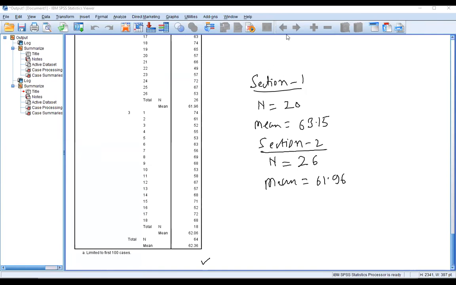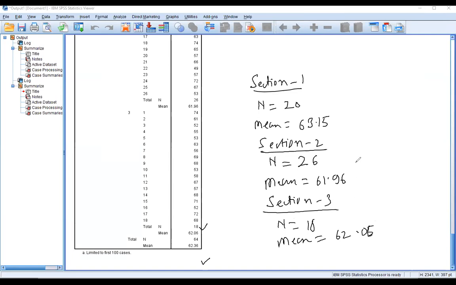And the third section. The performance of the female students in section 3: how many female students? 18. And the mean marks obtained by them is 62.0506.